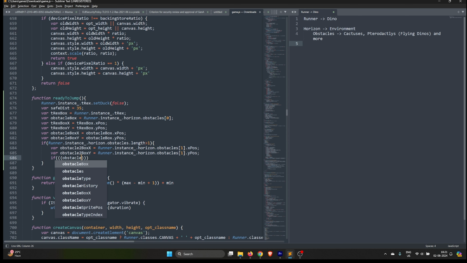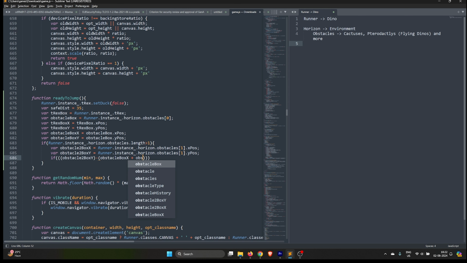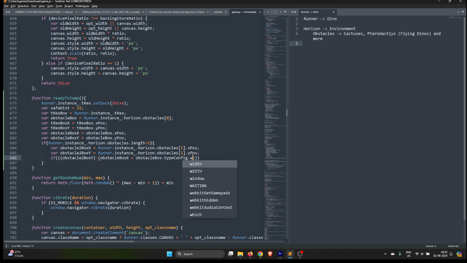So the mathematical logic comes here. If the obstacle 2 box, which is the boundary of the second obstacle, minus the first obstacle x coordinate plus the first obstacle's width. What we are trying to do is take the leftmost coordinate of the second obstacle and the rightmost coordinate of the first obstacle, and check the distance between them. That's it. If this is less than or equal to 50 into